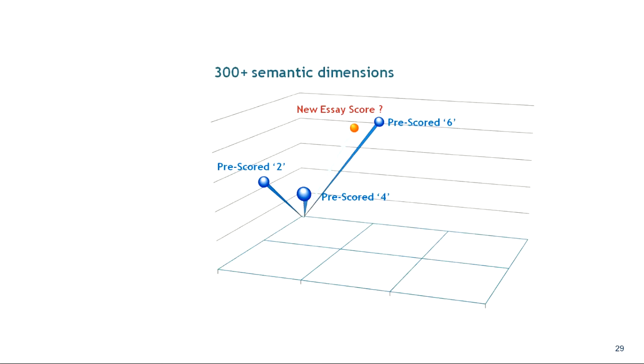It looks weird, this, but basically, you can imagine latent semantic analysis as almost like a 3D diagram. What that engine is doing is looking at a response in loads of different dimensions and putting a new response somewhere in that space. So it works on a completely different paradigm to how we would normally envisage human marking.